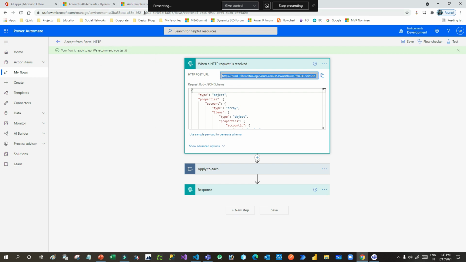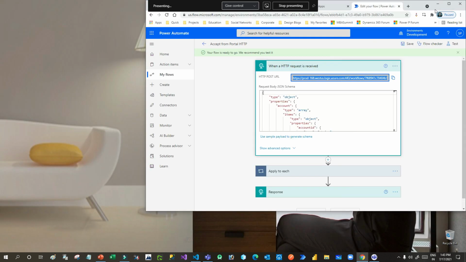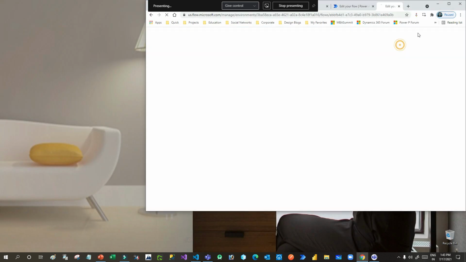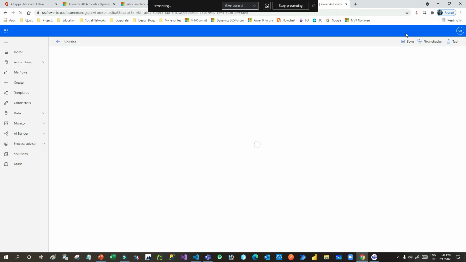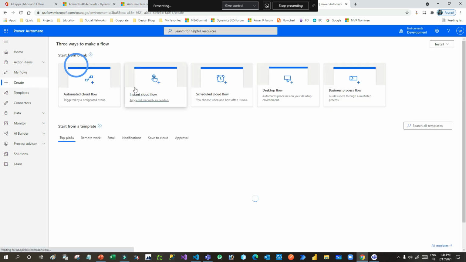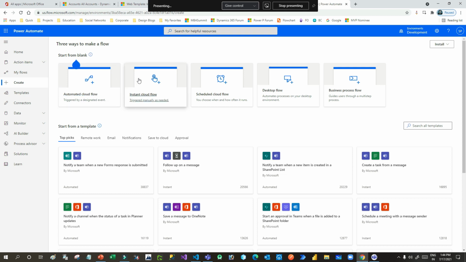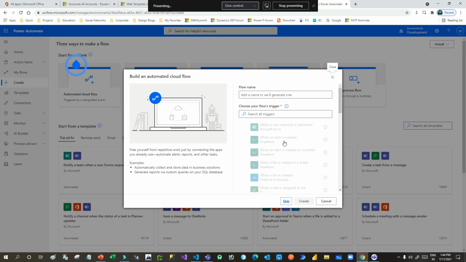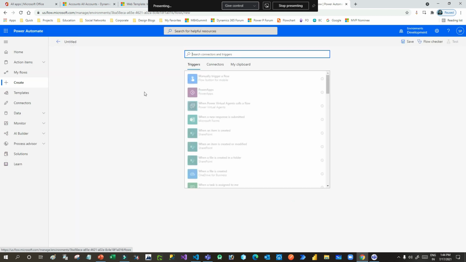If you go and create another Power Automate, let me show you. Let me go to duplicate. So here, let me choose the correct environment and create a new flow. So you have to first create a new flow using this automated cloud flow. Click on skip. Once you skip, you have to give a name, right? Let's say capture HTTP request from portal, right?